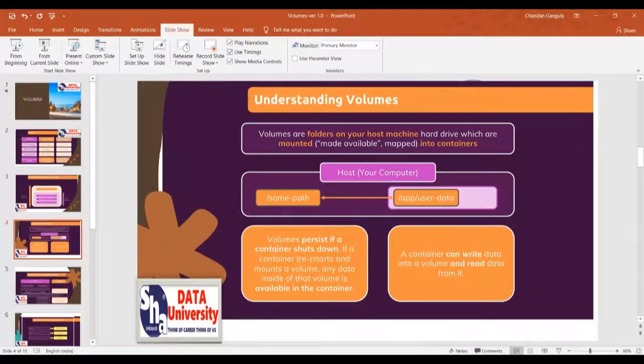These volumes are automatically created when the container is loaded, and when the container is shut down or deleted, the volume goes away with it. These are called anonymous volumes, the volumes which don't have a name.